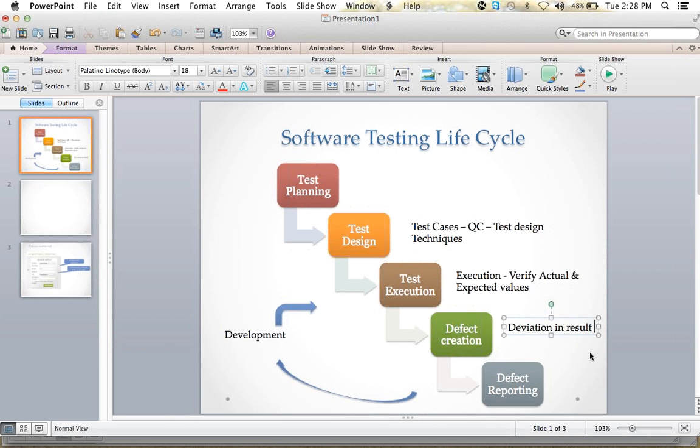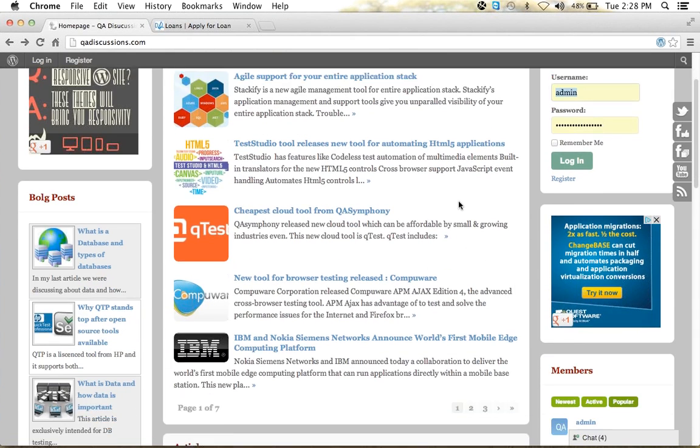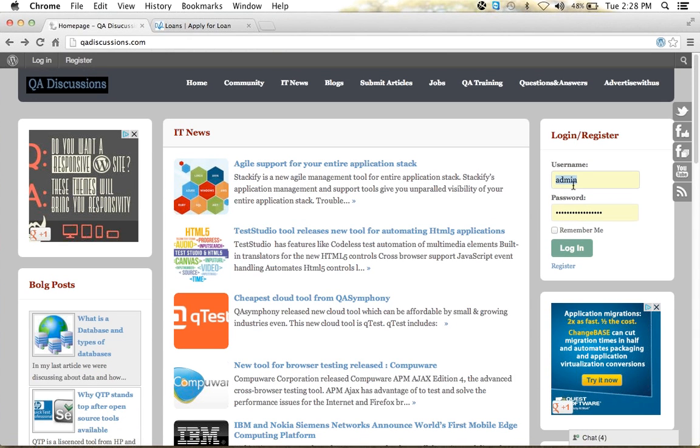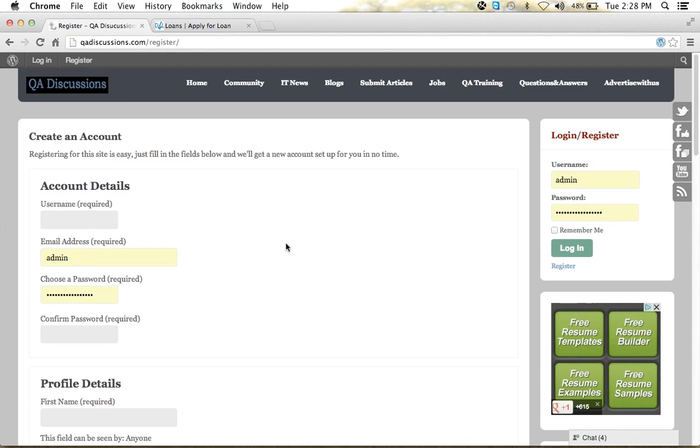Here we use some tools. Again, where do we write defects? Whatever we write, we need to give it to the development team. So for example, say in this application the defect is related to DBA. If I click on the register link, I get a form here. Whatever I do, if I click on complete sign up, I need to get a message saying your account is successfully created.